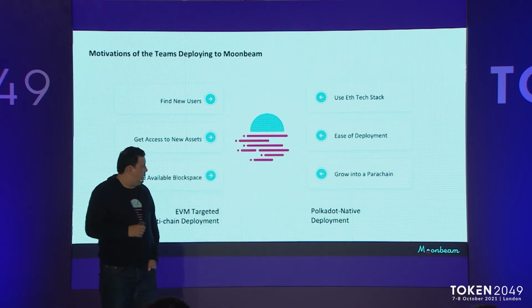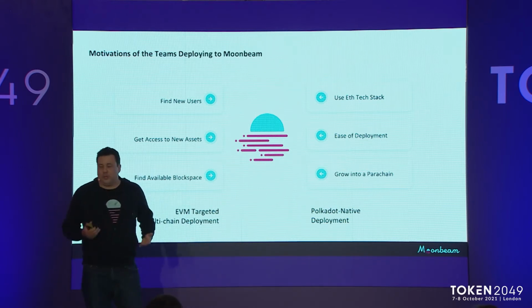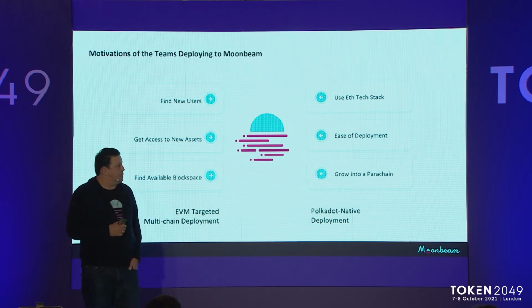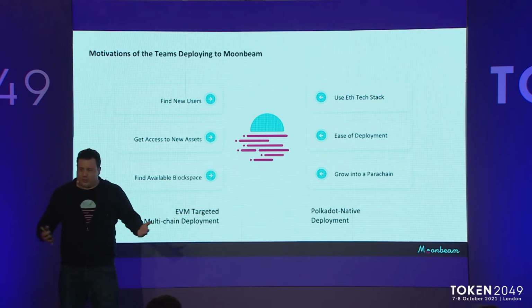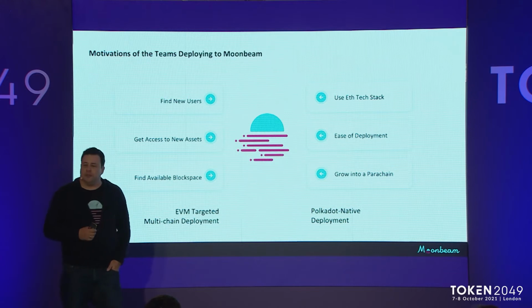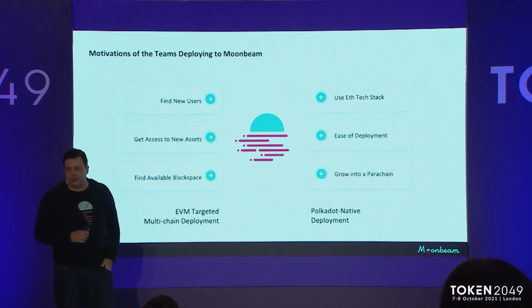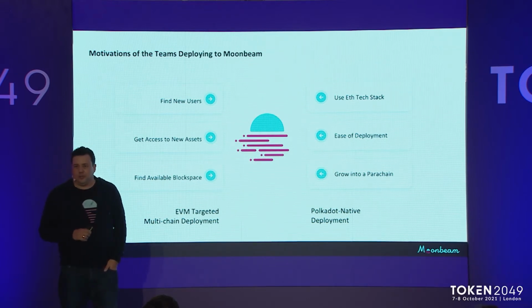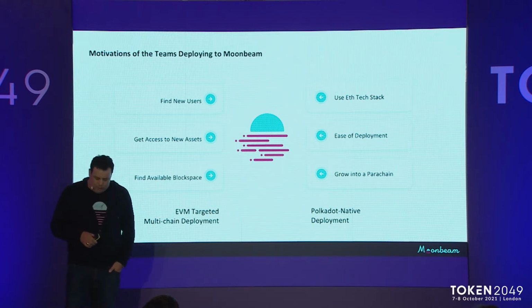But we are also seeing Polkadot native teams that are deploying. Building one of these parachains actually turns out to be pretty hard. You're building a blockchain, basically, so that's not for everyone. There's a lot of infrastructural work you have to do, a lot of incentivization of nodes to help produce blocks, and a lot of pretty low-level things. So for a lot of teams that want just a smart contract, dApp-like experience, they're going to look to work with a team like us. And for anyone wanting the Ethereum-compatible environment on Polkadot, we've picked up a lot of those collaborations.